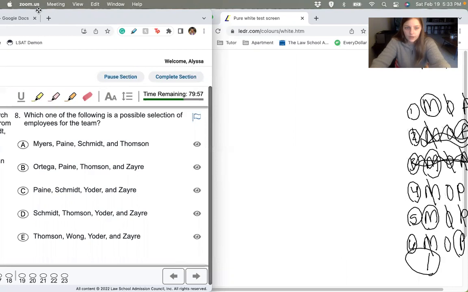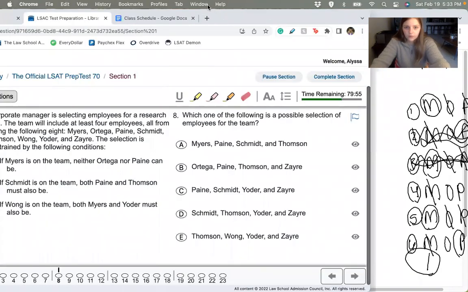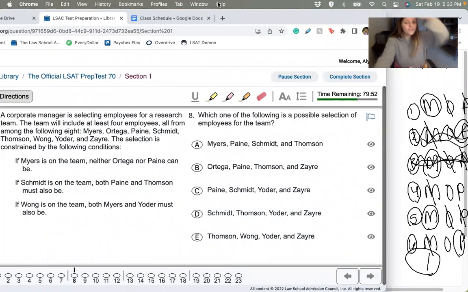Move that out of the way so we can look at our rules. So this is the quickest way to do it. It gets very tedious to go from world to question type, or world to answer choice in this question type. It's much easier to go from rule to answer choice words. So which one of the following is